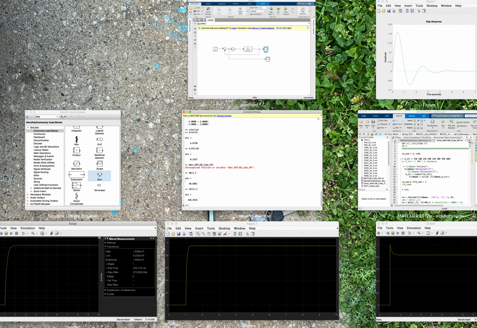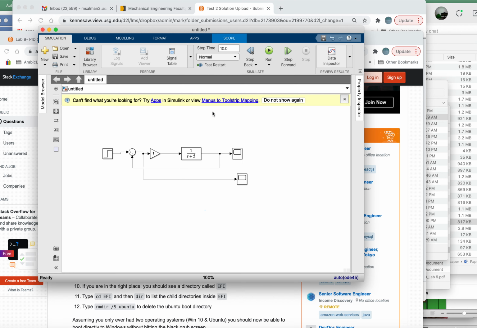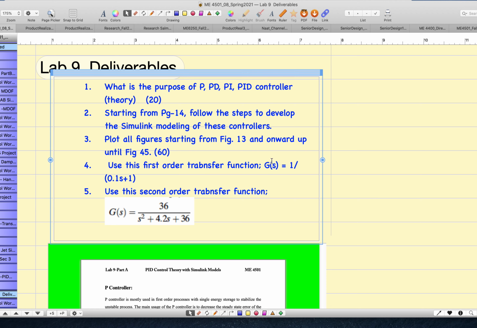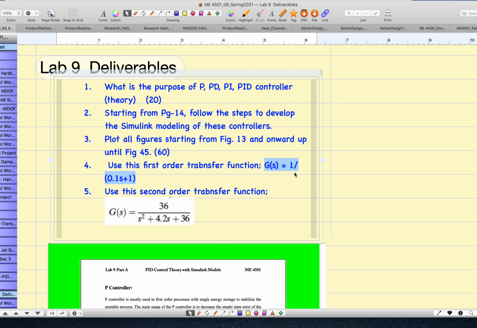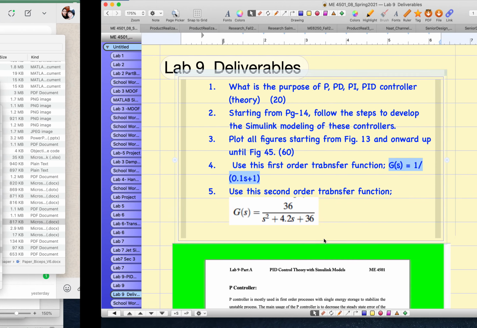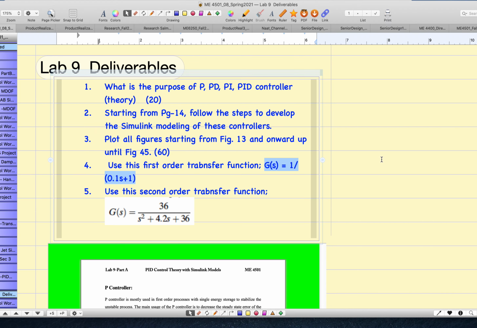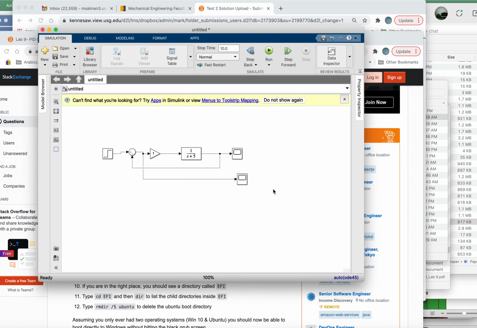As we have done Simulink modeling before, you will draw these models into Simulink. So let me show you the Simulink models here. This is a Simulink model similar to this one, and you will use this first order transfer function, which is given over here. This is 1 over s plus 1, but for this lab you will use G(s) equals 1 over 0.1s plus 1, and for the second order transfer function, let me change this one to this transfer function. You will use this transfer function to complete